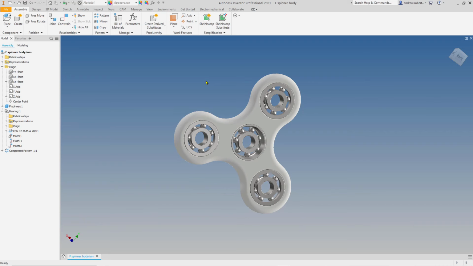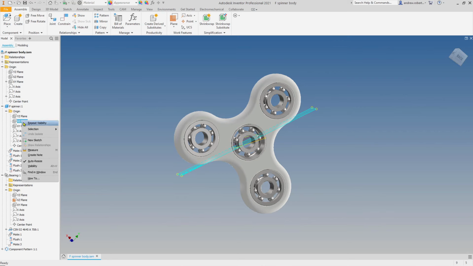So first of all, I'm going to get the plane to the bearing. So let's go to the bearing, get its origins up. And we've got the XZ plane. Let's make it visible. You don't have to make it visible, just doing this to make it a visual thing for you guys. So now I want to get that bearing and I want to lock that to this frame here, which happens to be the fidget spinner body. So F spinner 1,